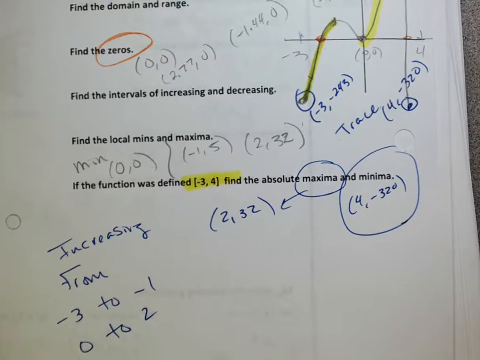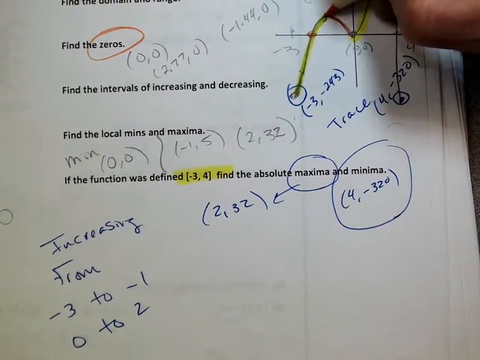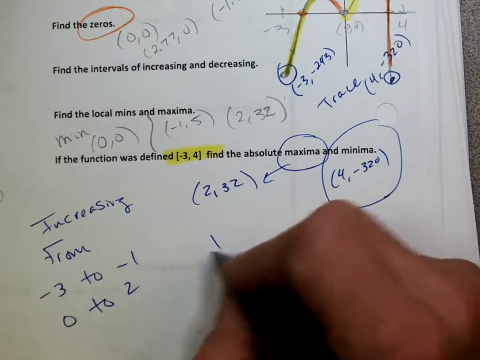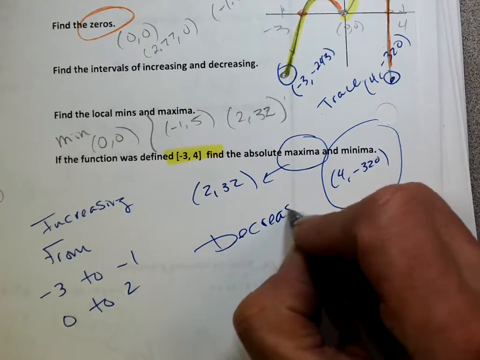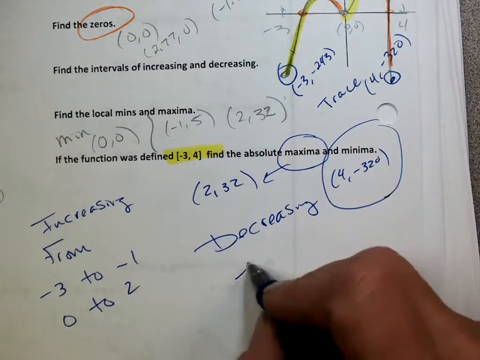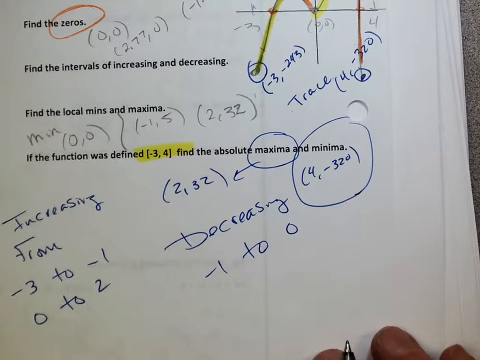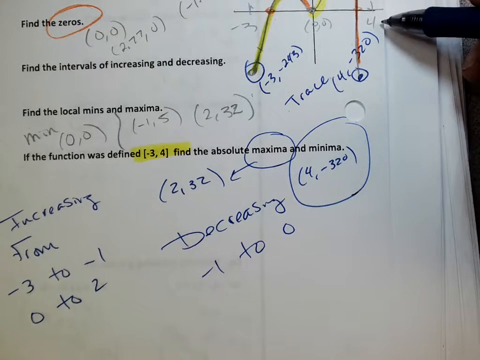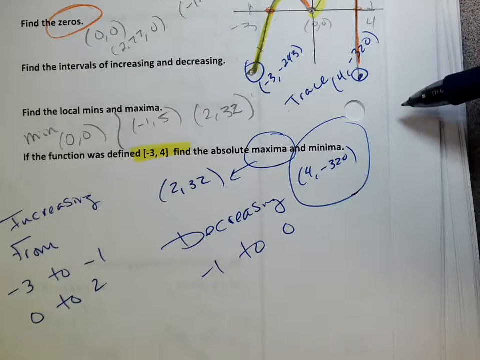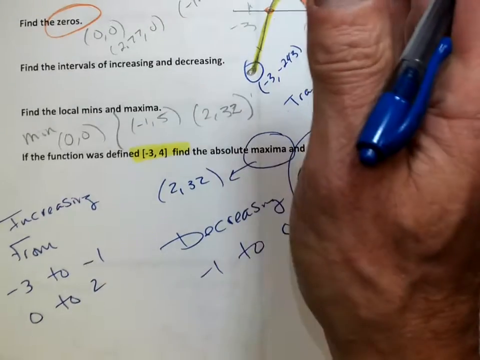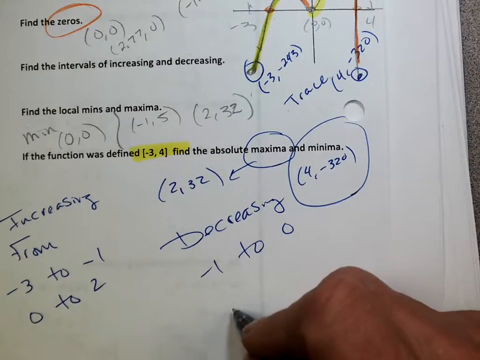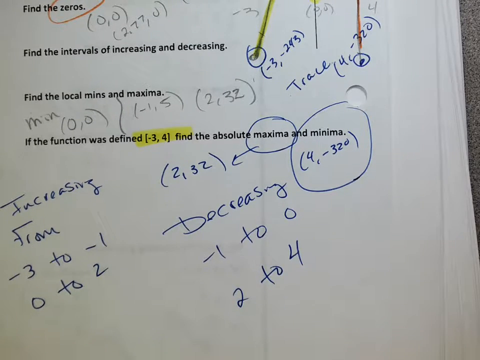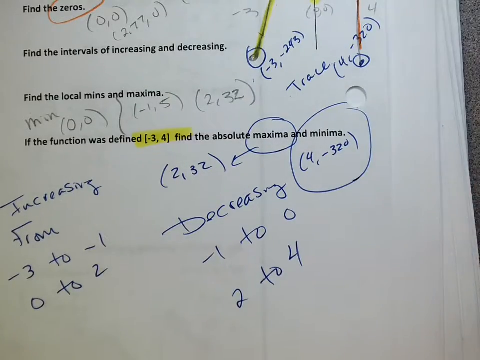Where's it going downhill? Yep. So it's going downhill, or it's decreasing, from -1 to 0. And where else? 2 to 4. And it does go from 2 to infinity, does that make sense? But we are stopping at 4, right? So also from 2 to 4. Okay? So it's a big lesson today. Big key about this whole lesson, though, is